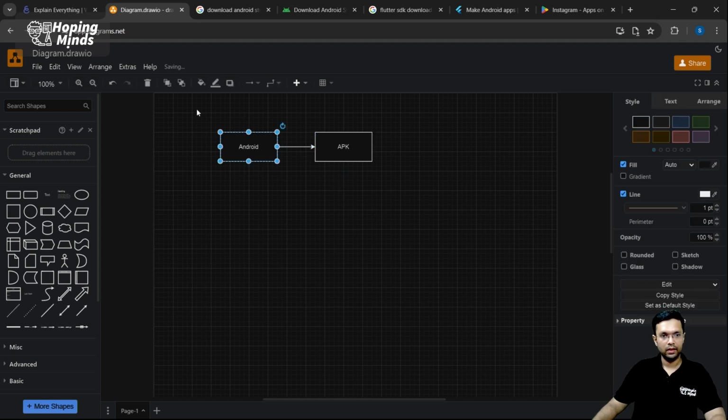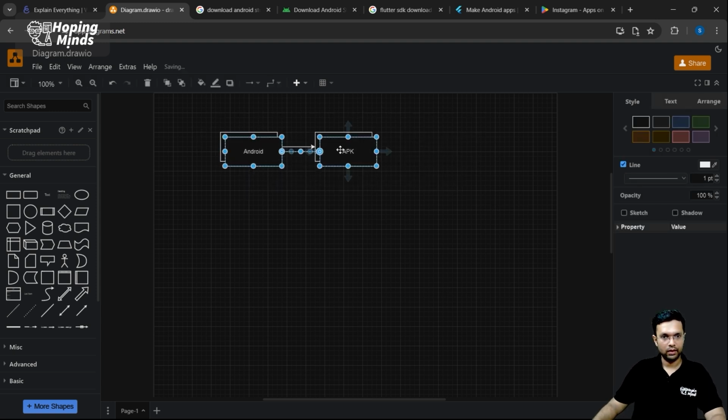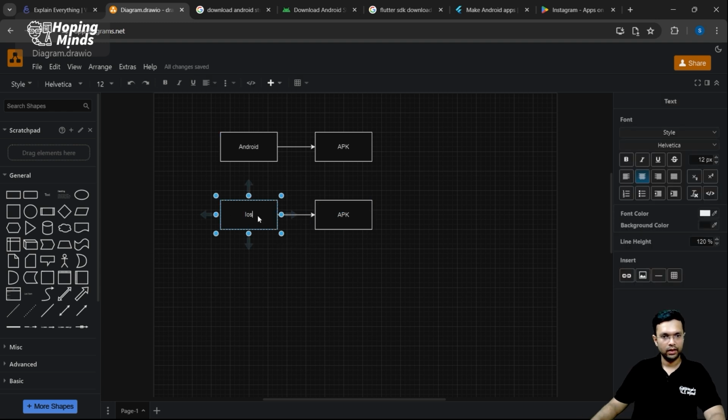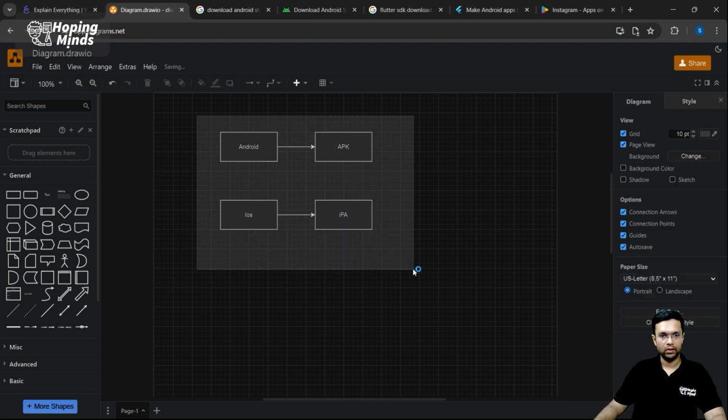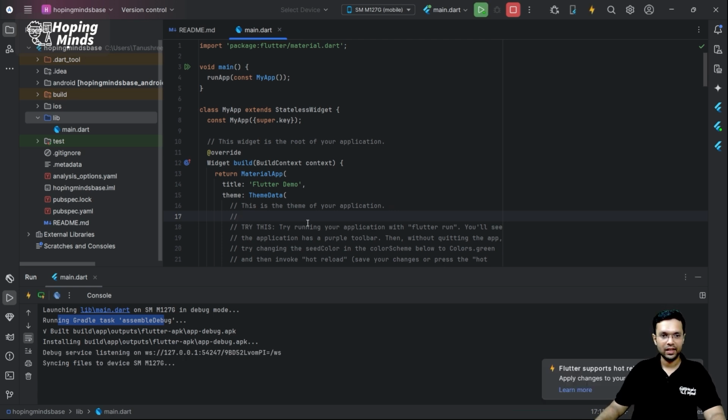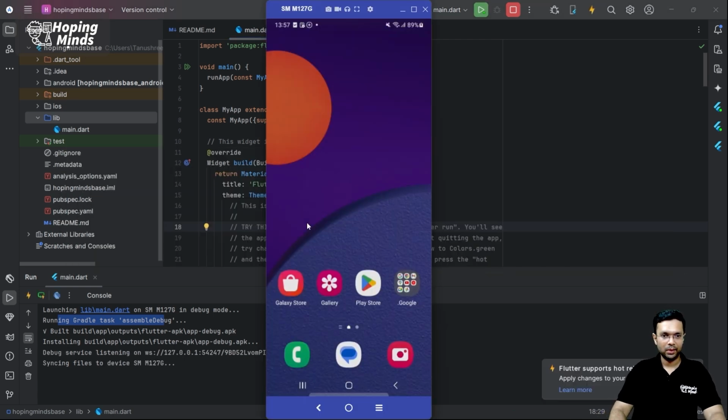Had it been a scenario like iOS, it would have created a .ipa. So for example, when you're trying to run any iOS code on a simulator, well, that's what Apple calls a simulator, a virtual device, over there you'll notice an .ipa file, and then as my APK gets installed,